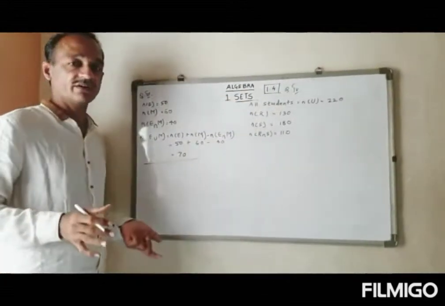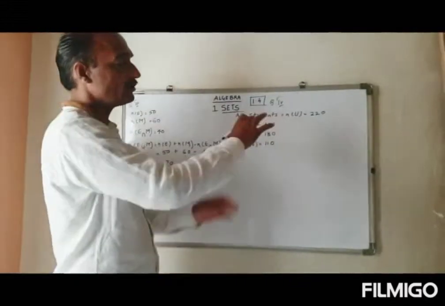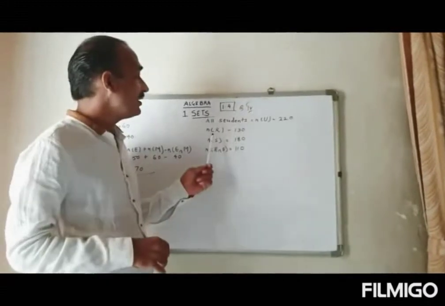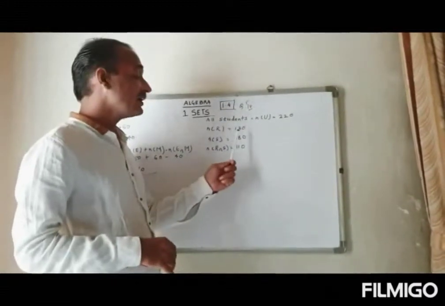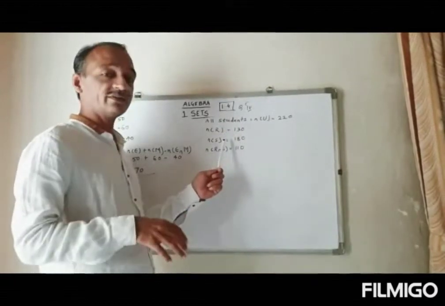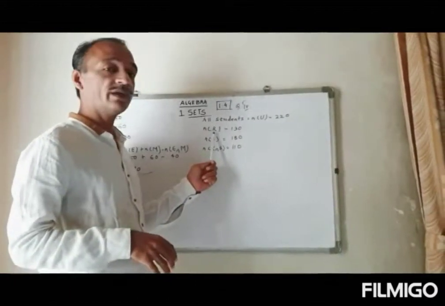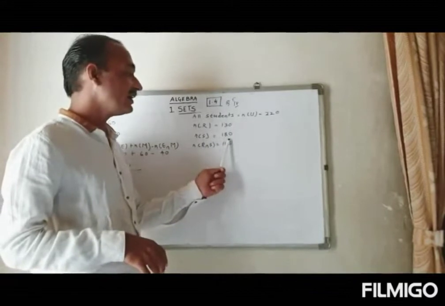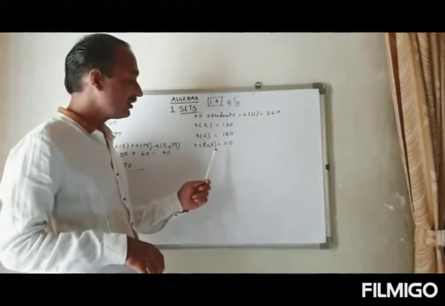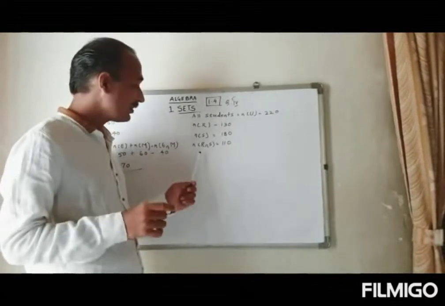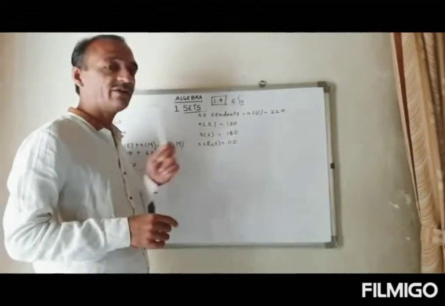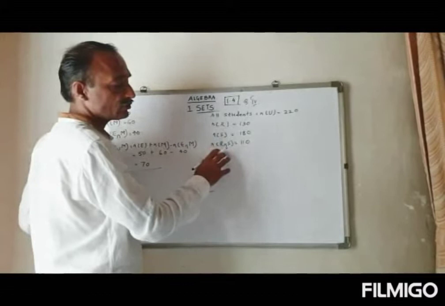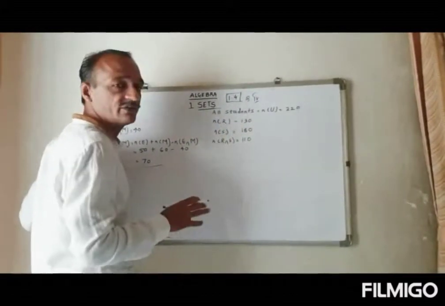Whereas question number 4 is different. What it says: a total of 220 students are surveyed regarding their hobbies. 130 students showed their interest in rock climbing as their hobby. 180 students like sky watching. 110 students like both rock climbing and sky watching. So here various questions are there. As I told you, we can solve it by using a Venn diagram also.